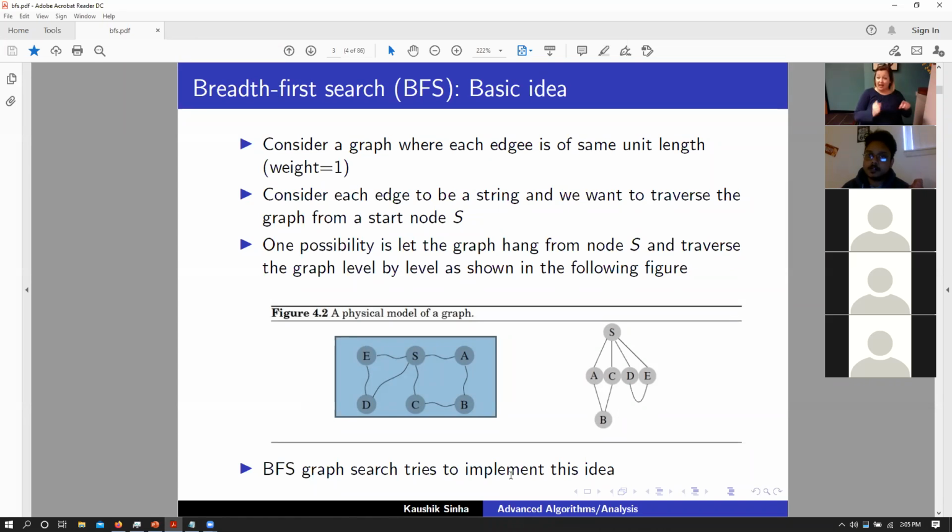In BFS, we would first cover all of the nodes that are connected to a particular node and then move forward. So essentially, let's say that we again start from S, and you can imagine that if I pick S and just dangle this entire graph on that node, so S becomes your root node, then BFS would search all the edges that are connected and adjacent to S right now. In that scenario, we have A, C, D, and E.